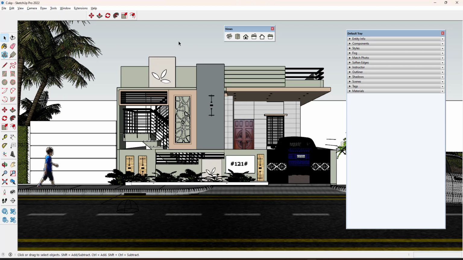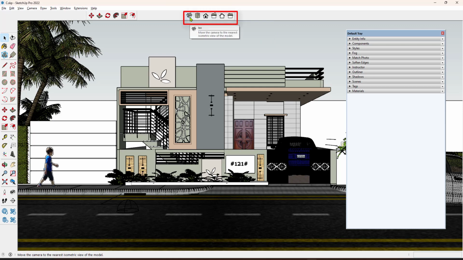scenes tab. Once you complete the project, either exterior or interior view, then we have to create the scenes. Scenes are nothing but views. For example, I want to present the front view, right view, left view, different types of views to the client. Then we have to be ready with the scenes first. But before going to create the scenes, I have to set the camera. For that, I have camera tools here and then views. With the help of that, I am going to set the scenes here.